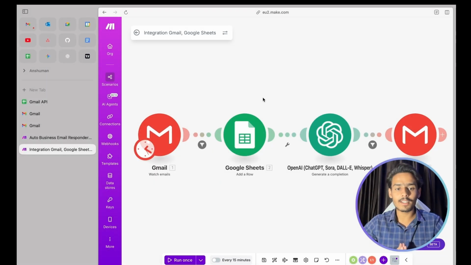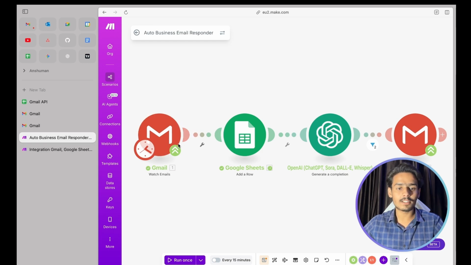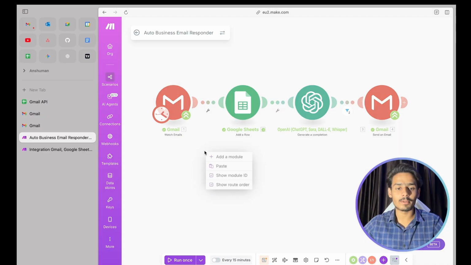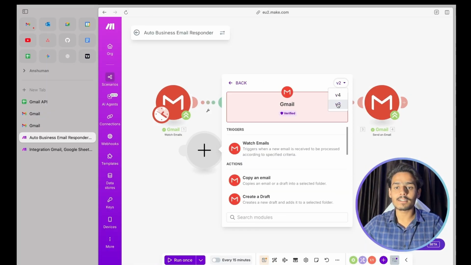Okay, so I noticed a thing here that this is the new version that make.com has released right now. So it is not quite stable right now, and I have tested various emails as you can see, and the other one that the previous version had was working. So just a little improvisation that I want to make here. Whenever you are adding a module, make sure if you are selecting Gmail, you select version 2 for now, because it is the most stable version and it is verified and it is working quite fine.